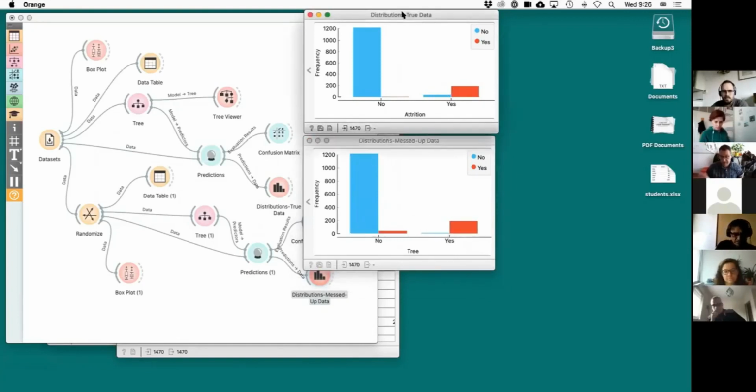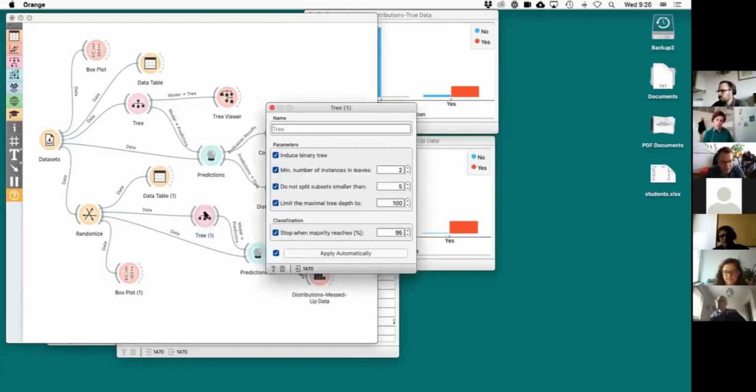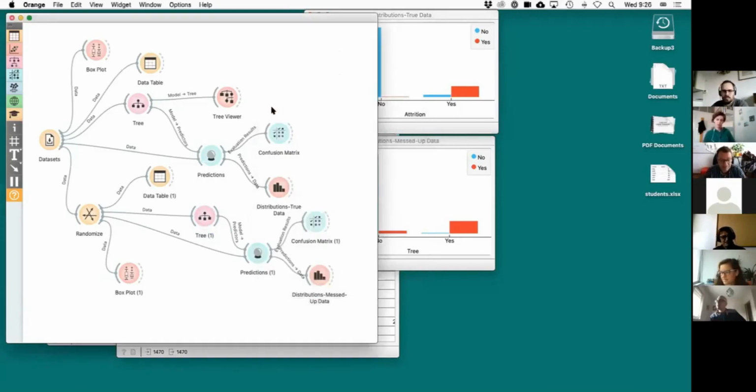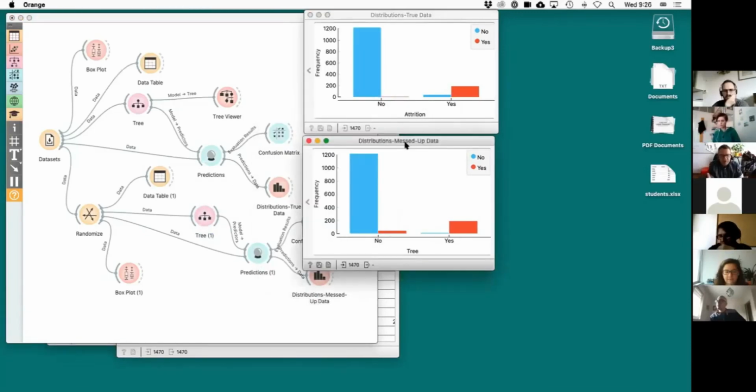We didn't expect that, because this is really messed up data. This works like magic, right? So the tree can even predict when the data is completely random. How is this possible? I'm taking the data, building a model, the data is completely messed up, and then, although it's messed up, I'm still getting great results. It works like magic. People would say, oh, machine learning, that's great, even from completely random data I can do the stuff.